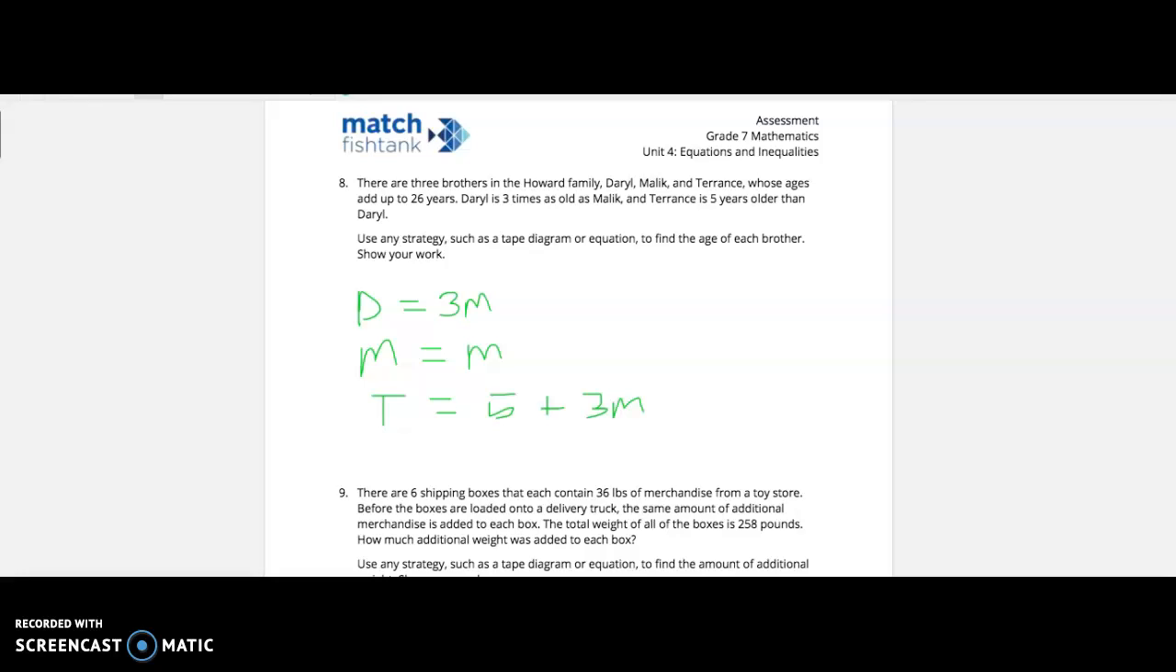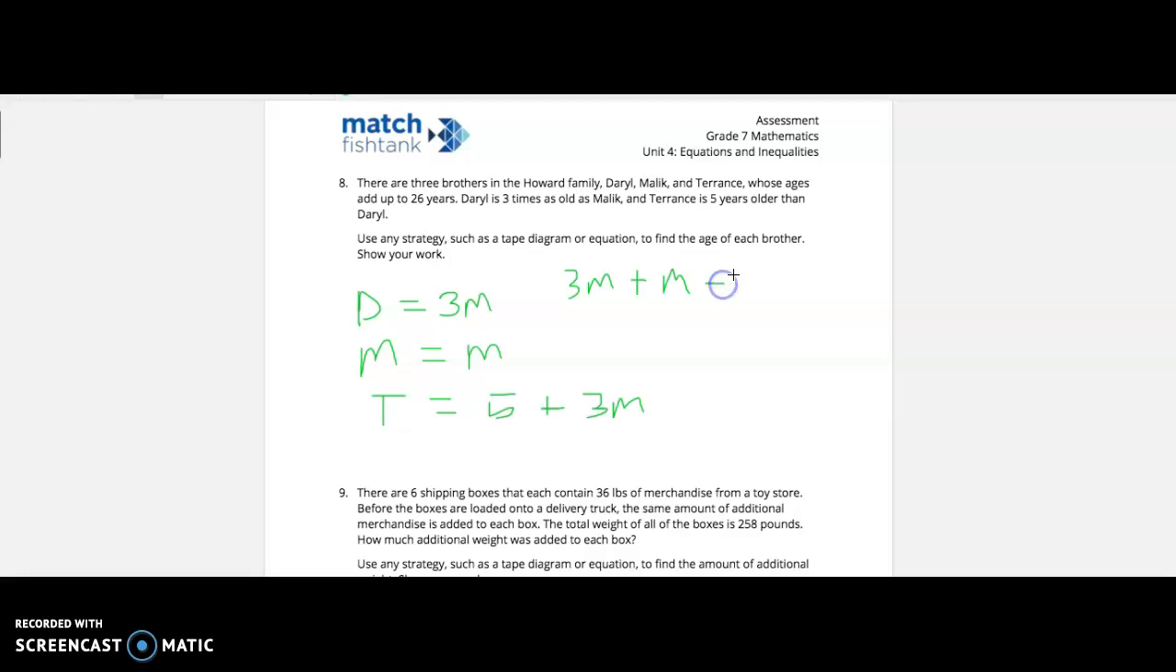So let's review. Daryl we're representing as 3 times M because he's 3 times as old as Malik. The only thing we know about Malik is we're going to represent him with just the M. And then Terrence is 5 years older than Daryl's. So Daryl's expression is 3M. So we'll just take 5 and add it to 3M. So what we can do is take 3M for Daryl plus our M for Malik